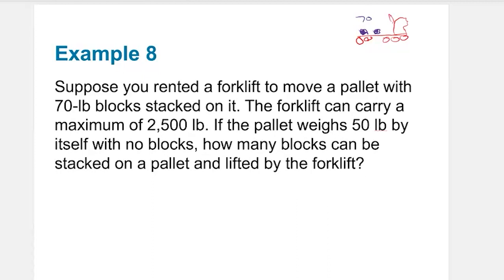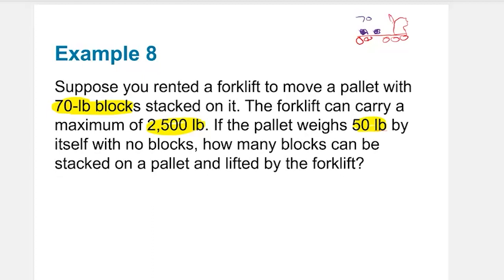The forklift can carry a maximum of 2,500 pounds. So if I start looking to see what's important here, I have 70 pound blocks, and I can carry a maximum of 2,500 pounds. And the pallet weighs 50 pounds by itself with no blocks on it. So we want to know how many blocks can be stacked on a pallet and lifted by the forklift. Well,